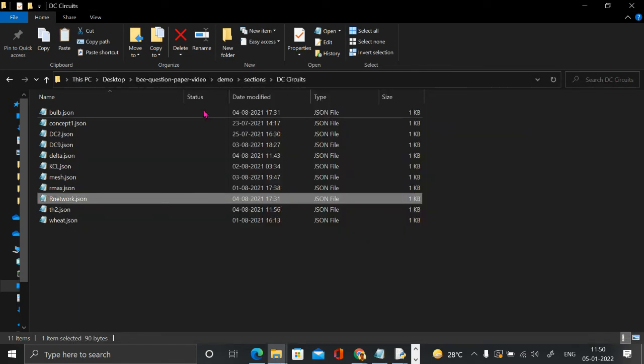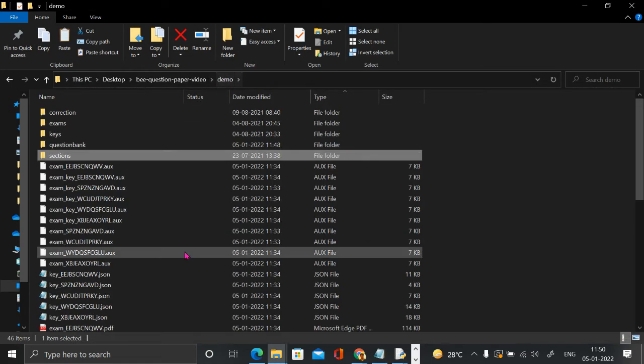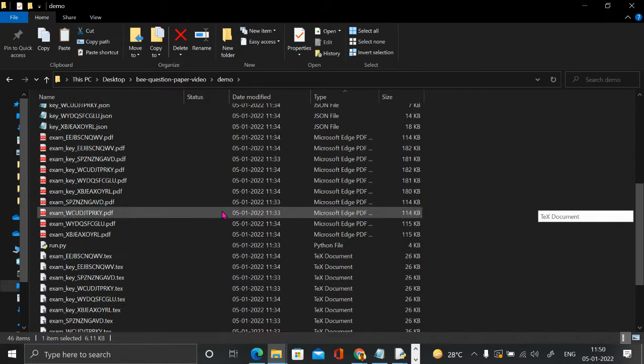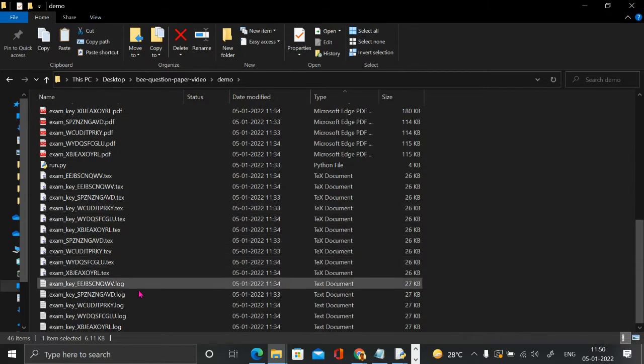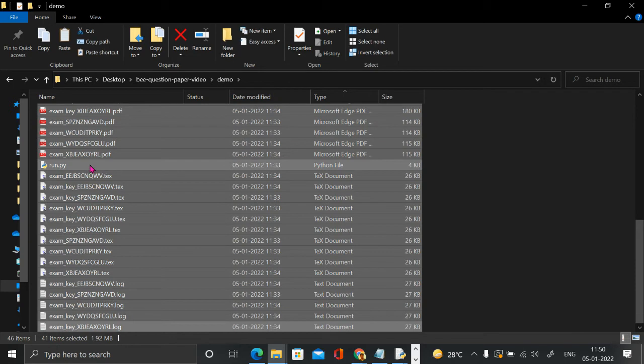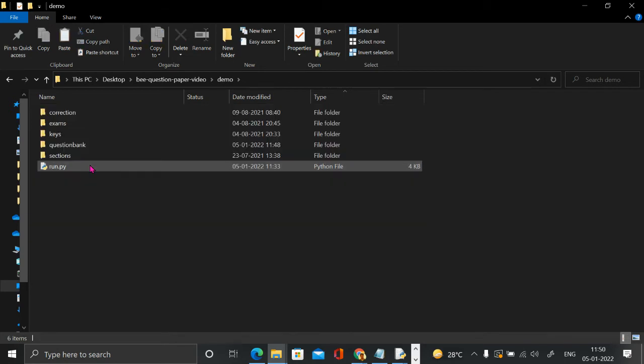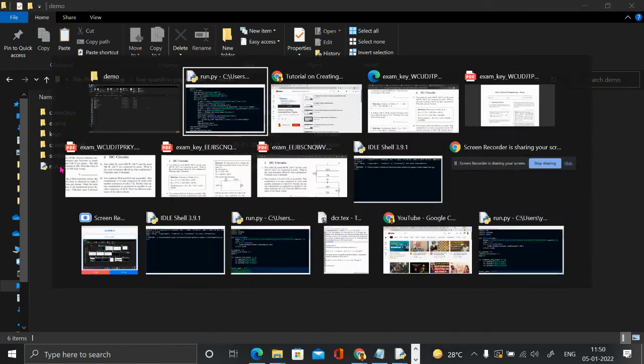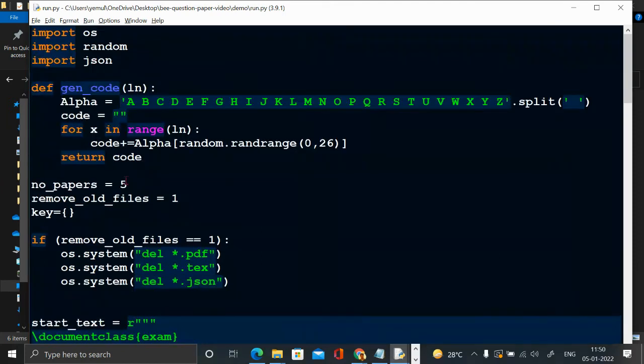So let's go back to our main folder. Okay. Let's remove all the old files. And let's make it only two papers.